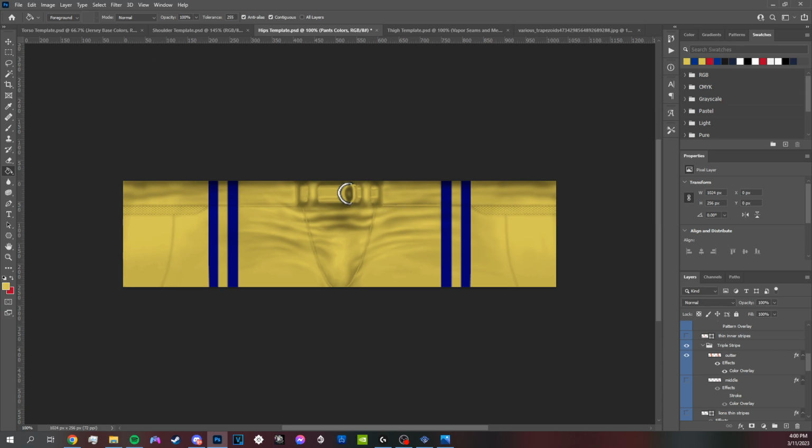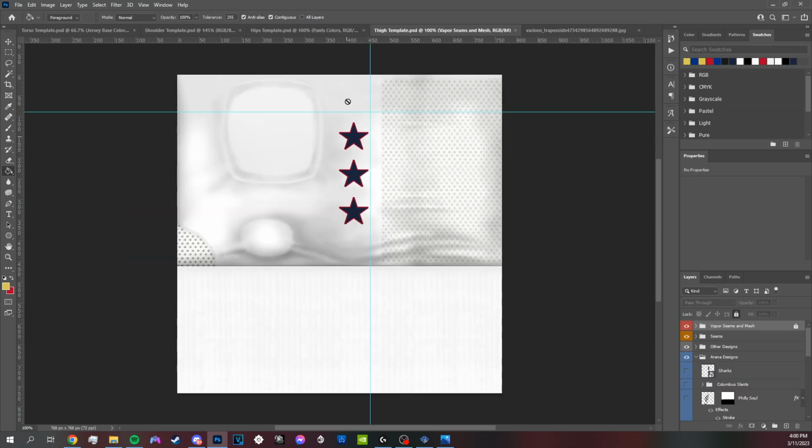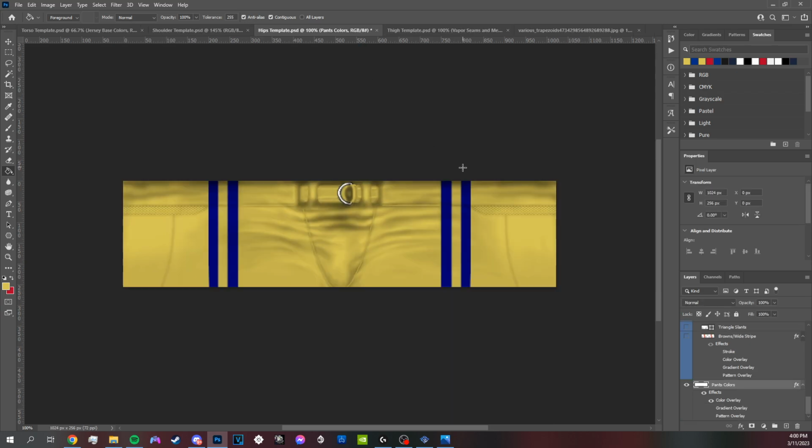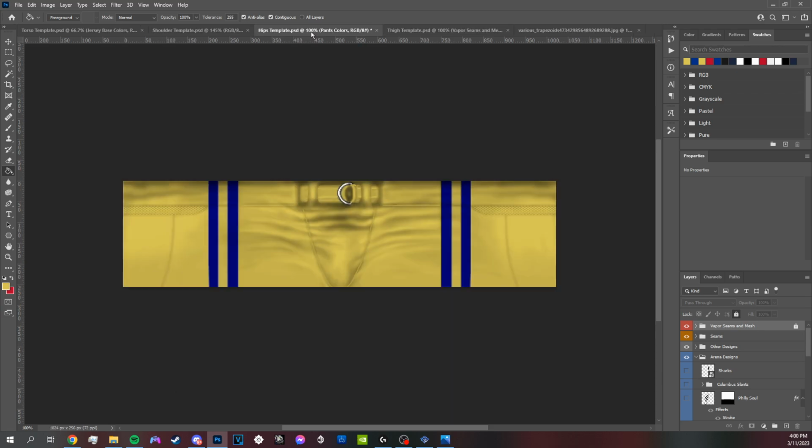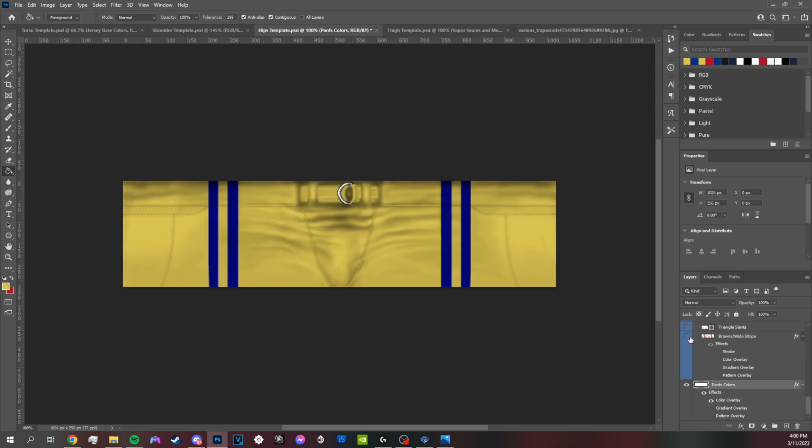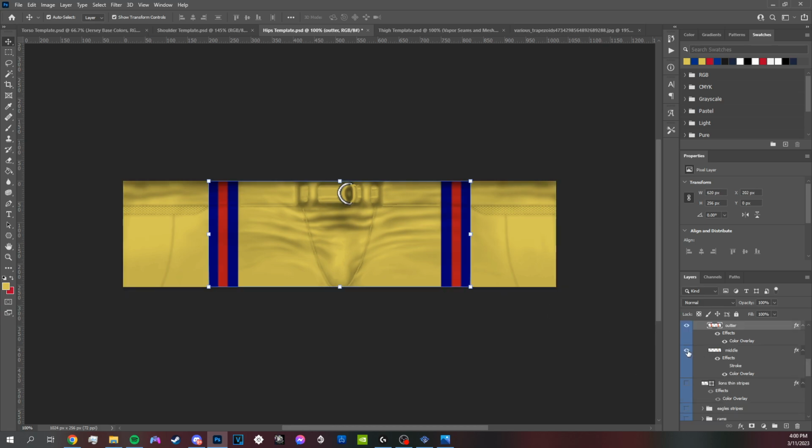So with the design that they're going for, it won't really translate in Madden too much, because of course this is one stripe on this one. What they do here is change the colors of the stripe, which is cool, but it won't translate on here. So I will just make a standard triple stripe design just for the video, because I'm not really here for any accuracy. So I'll just put the middle design here,